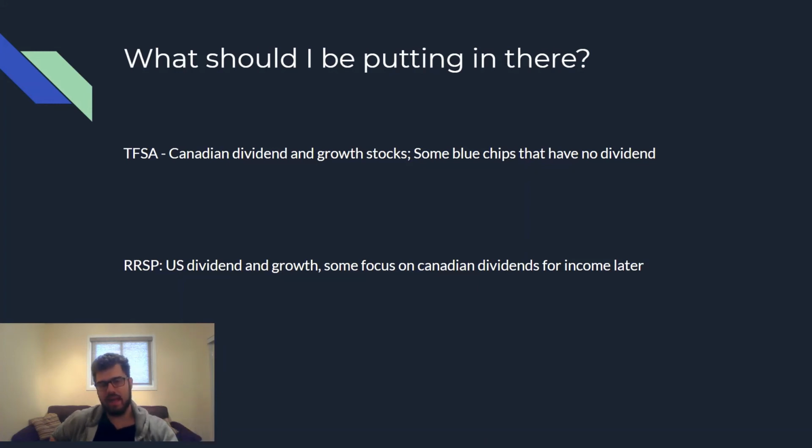The difference is that when you turn 71, it turns into a RIF, RRIF. You can do it earlier. It's called a retirement income fund. So you get a percentage of the dollars per year, with no withholding tax. It is still considered income though, so you will have to pay income tax on it, right? But you don't have to pay the 10 to 30% withholding tax. Okay, so